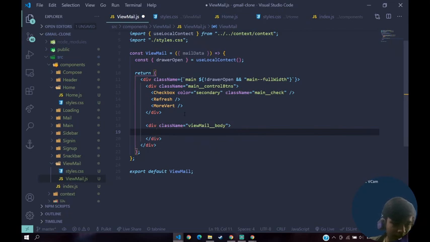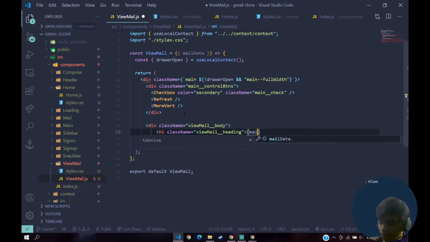Inside of this, create an h1 of class name of view mail underscore heading, in which we are gonna render our mail data dot subject, and just close your h1.